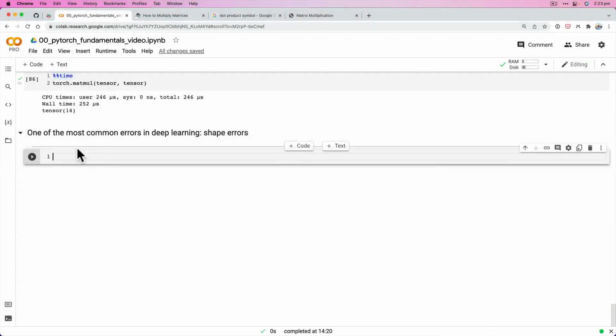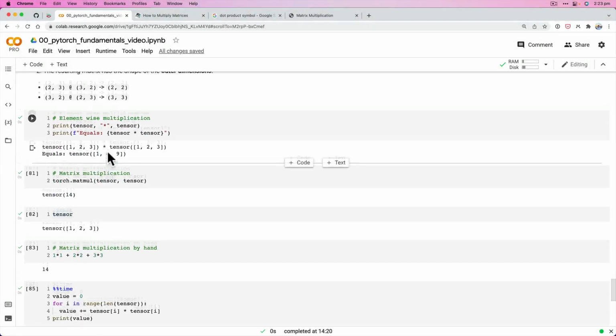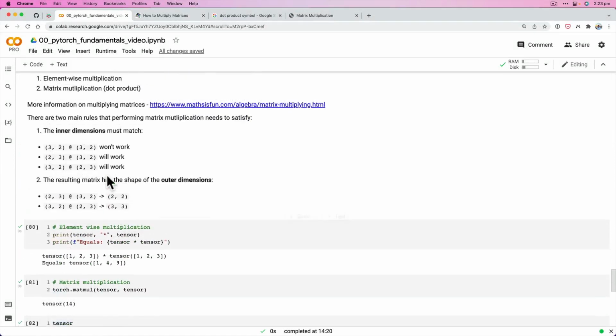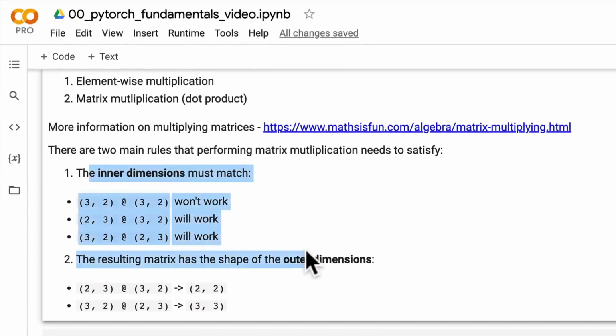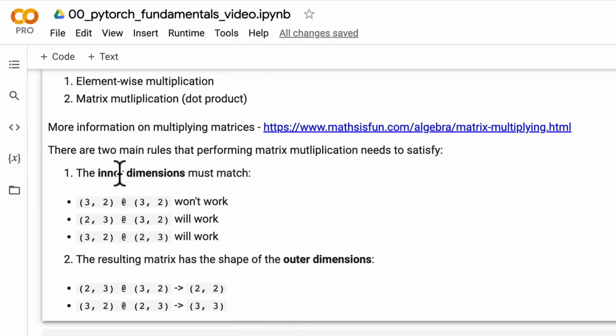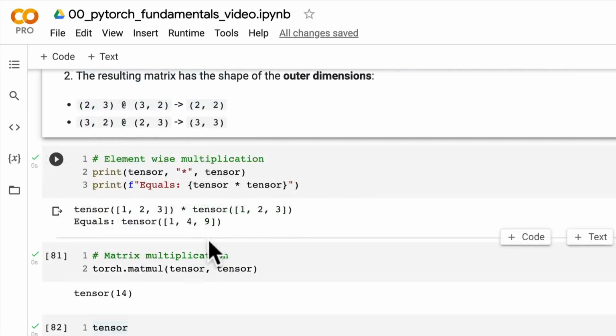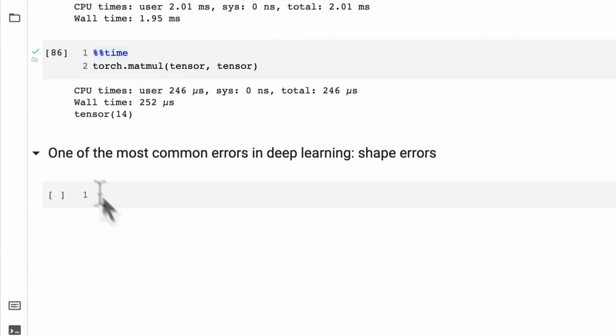Welcome back. In the last video, we discussed a little bit more about matrix multiplication, but we're not done there. We looked at two of the main rules of matrix multiplication, and we saw a few errors of what happens if those rules aren't satisfied, particularly if the inner dimensions don't match. So this is what I've been alluding to as one of the most common errors in deep learning, and that